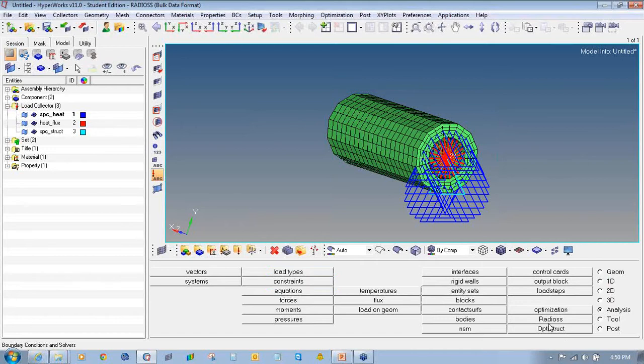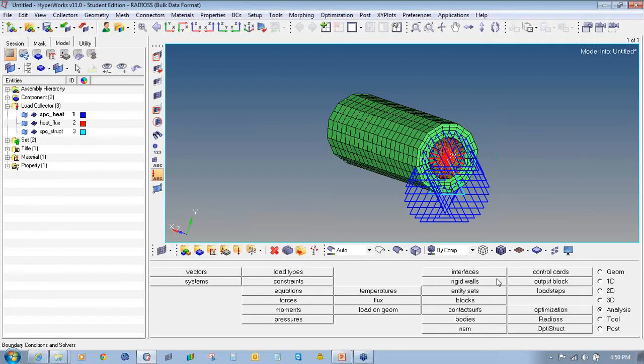Then we'll create the CHBDYE surface element, because the heat flux will be applied on the surface of the free end of the pipe. Therefore the surface element CHBDYE for defining heat transfer boundaries must be created first.